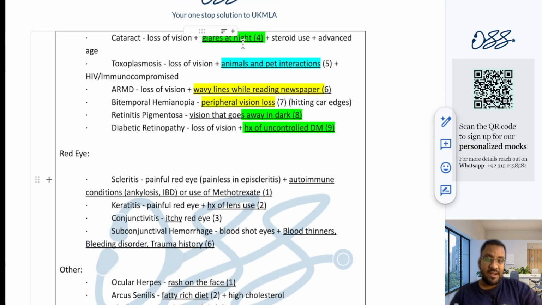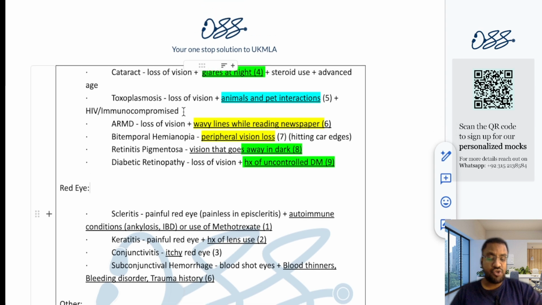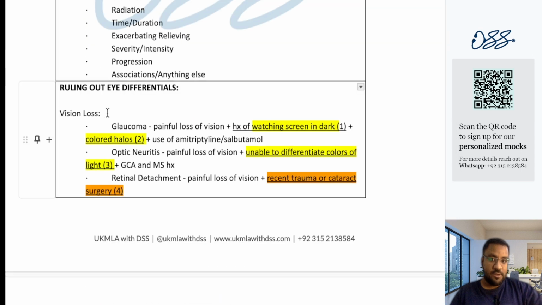Even in cataract there is a possibility that the patient may have a history of diabetes. So you need to make sure that if the history of diabetes is there, you don't just blindly go with the diagnosis of diabetic retinopathy, because a patient with cataract can also have diabetes and end up getting a cataract instead of getting a diabetic retinopathy. So these are the 10 questions that you need to ask when you're ruling out the differentials for